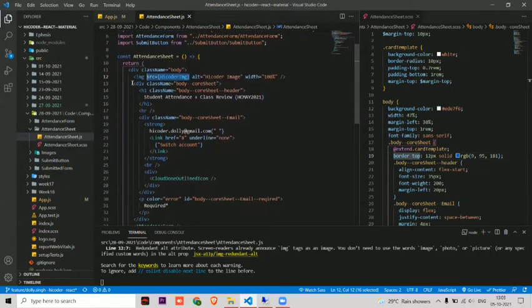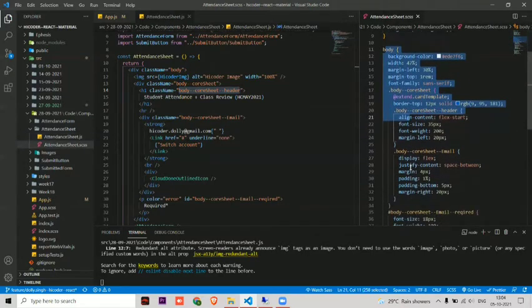So here you can see that HTML and CSS go in a hierarchy. It should be like a tree. In Sass we follow the same, and in JS also we follow the same. So here is a parent, and these are the children. The body corset is a child, and the body corset header is a child of the body corset. So it goes like a tree, and in Sass also we follow the same. It makes it easy to design the code.